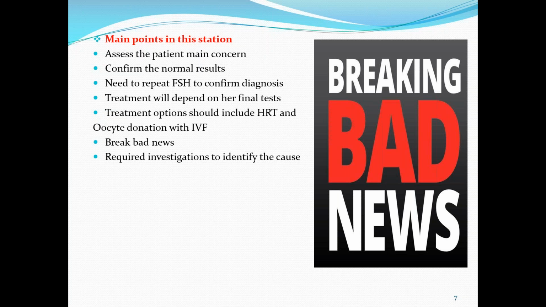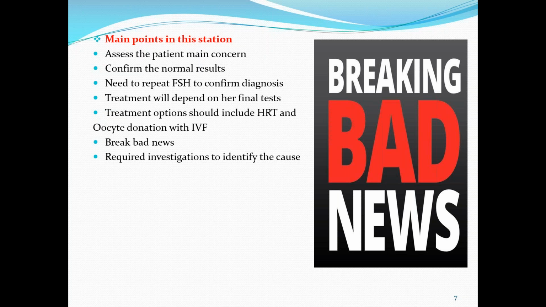And that the treatment will depend on her final test, but we need to go through the treatment options. Remember that the treatment options will be for her general health, where we need to offer HRT, and for fertility, we can offer oocyte donation with IVF, or adoption is also an option for her. Don't forget that this is a station of breaking bad news, and you need to tell her that we need to do further tests